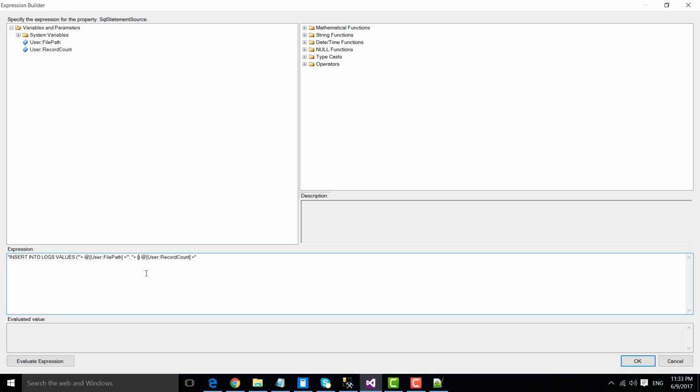However, as it is of integer type, we need to convert it to a string. And then the third column will actually store the current date time, so let's put a get date here and close the double quotes. Click on evaluate expression. So our expression is good, and now we are good here. So it will actually insert the current value of the file and then the number of records in that particular file and the current date time to a SQL Server table named logs. Click OK,